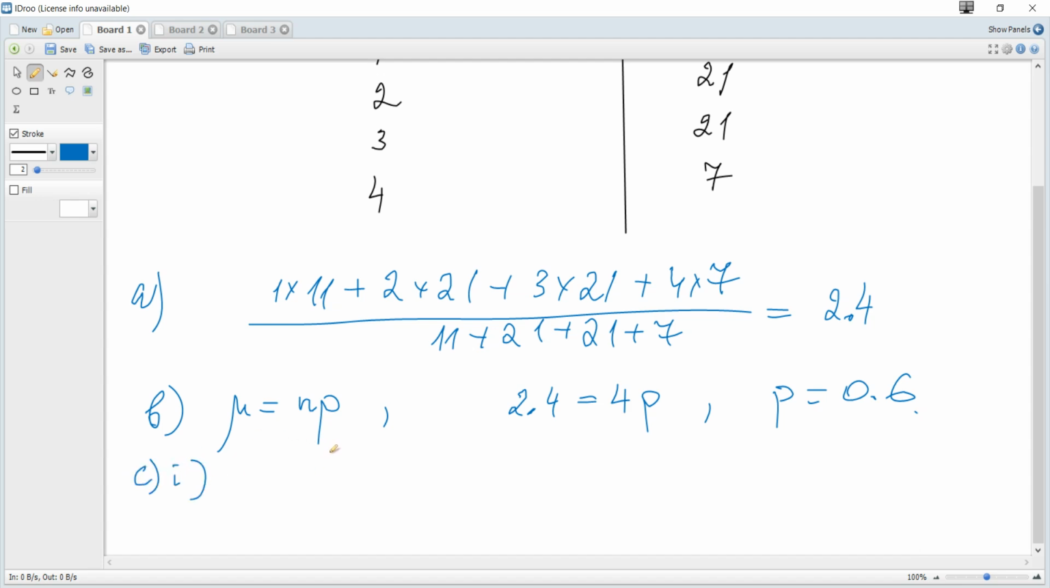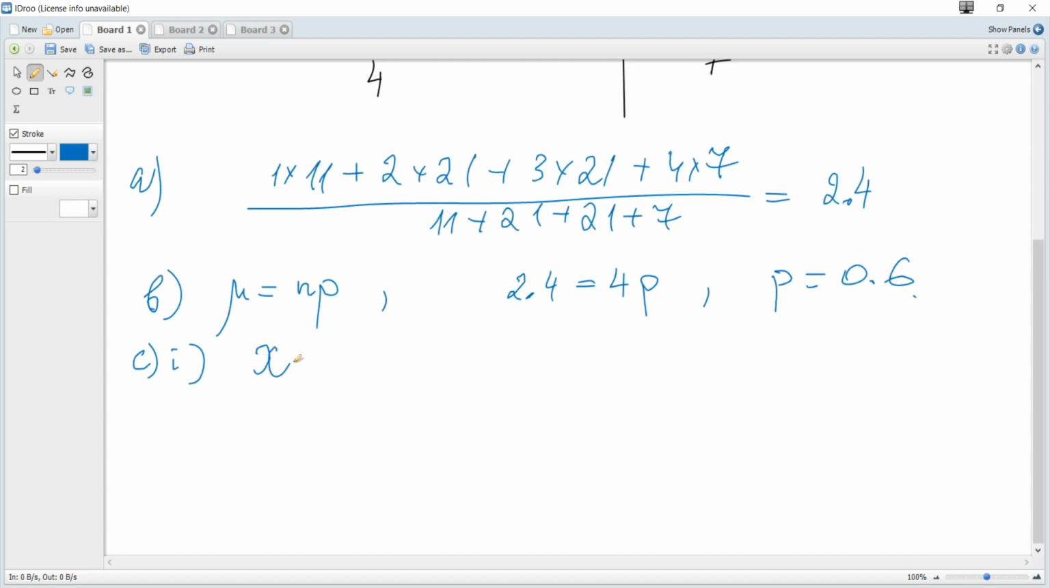C. Use the binomial model to find the probability that Argentina wins 0 matches in a block of 4 matches. 1 mark. So let X be the random variable, the number of matches that Argentina wins. It is distributed binomially with parameters n is 4 and probability to win 0.6, and we need that it wins 0 matches. So we need the probability that X is 0, and just using a calculator,